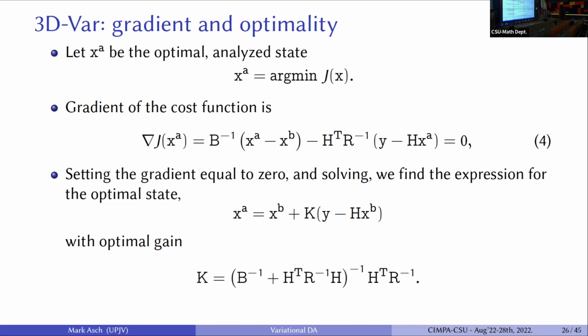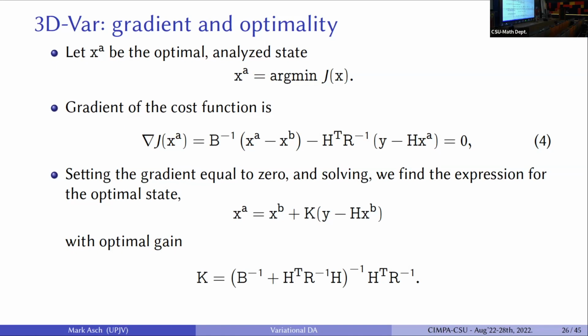And what is the value of k? Well, k is just done by solving, and you see it's very easy. K is a rather complicated expression: (B inverse plus H transpose R inverse H) all inverse, times H transpose R inverse. So you see, there are a lot of matrices to invert, and in particular, it's this inversion which is